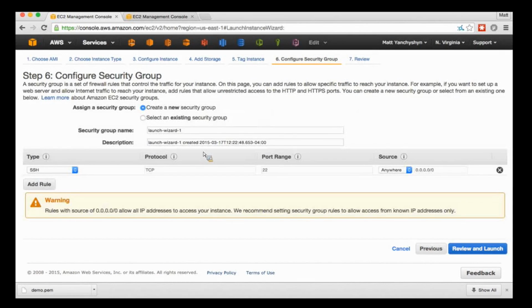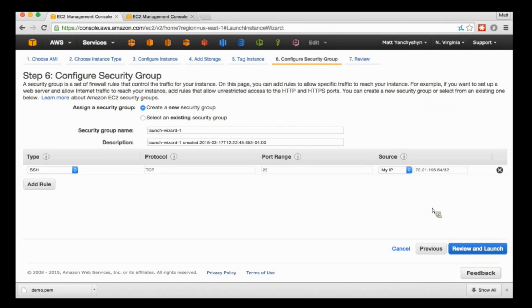Last but certainly not least, you apply a security group. And this is what decides who can get access to this instance. In this case, I'll say it's a Linux instance. I'm going to give SSH access, and I'll do it from my IP. Hit review and launch,